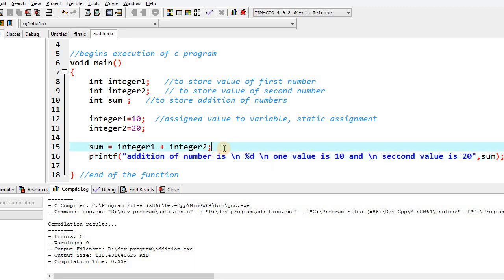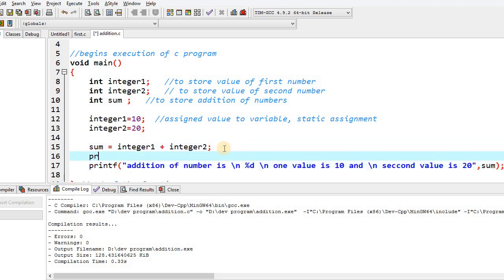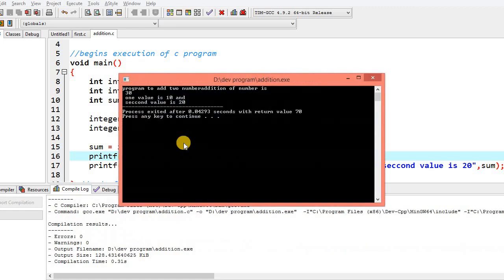So it can be in two ways. For example, printf. Let's just write a program to add two numbers. Okay, that's it. Save and close it. So program to add two numbers.